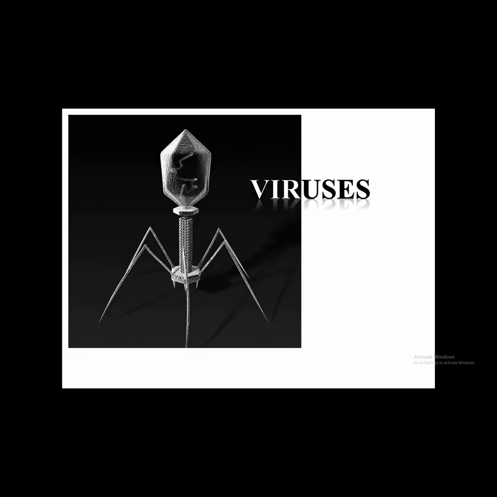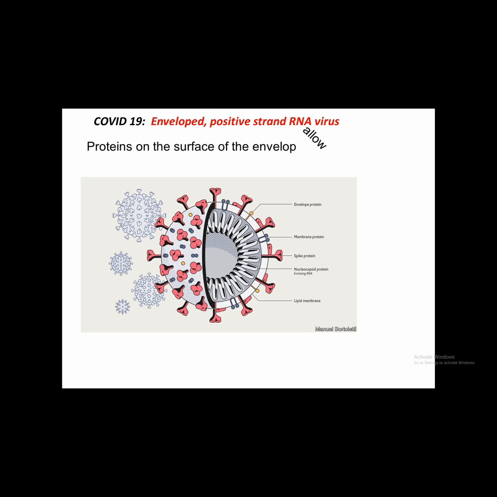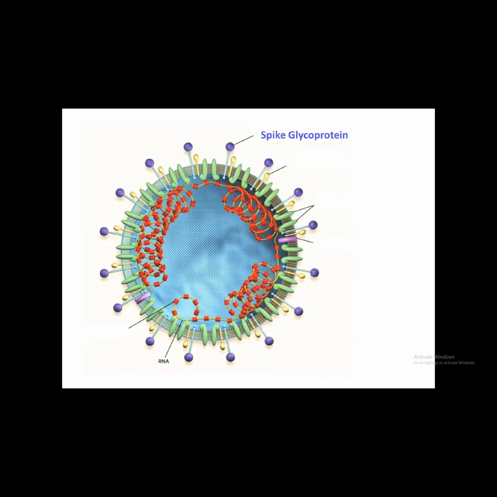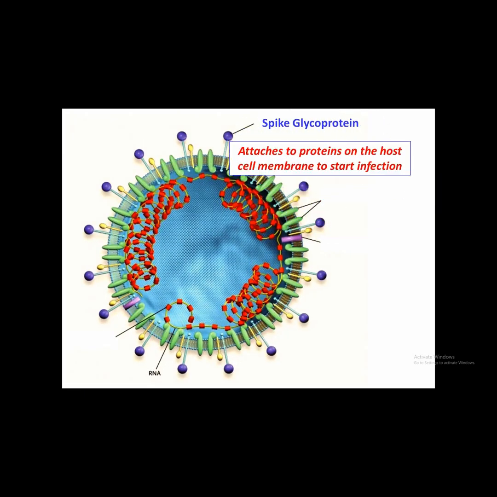Viruses are dependent upon proteins to infect cells and to replicate themselves. The COVID-19 virus involves the use of several different very important proteins for it to complete its infection cycle. This is a diagram of the COVID-19 virus. There are spike glycoproteins along the surface of that virus that enable the virus to attach itself to the membrane of the host organism. That starts the infection cycle.